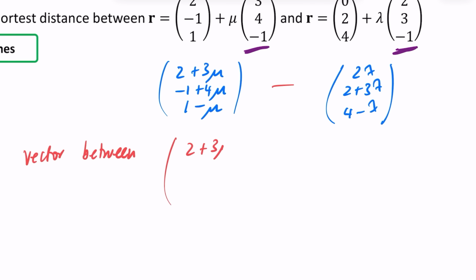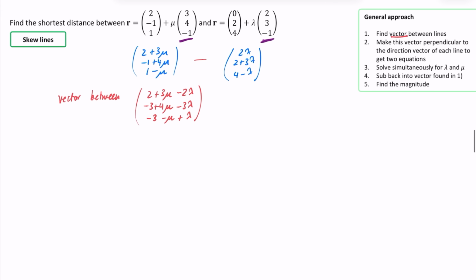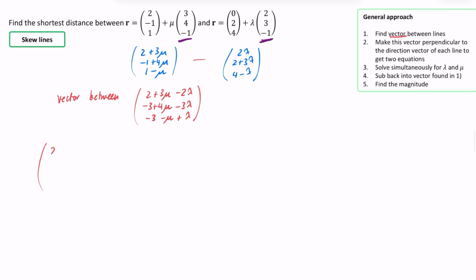So that's my 2 plus 3 mu minus 2 lambda. I then have a minus 1 minus 2, which is minus 3. And I still have the 4 mu and a minus 3 lambda for this, okay? And then I have a 1 minus 4, which is minus 3. I have the minus mu and a minus lambda, which is a plus lambda for this one. So what I now want to make sure is that when I do that vector, my 2 plus 3 mu minus 2 lambda and so on, I'm going to dot that with